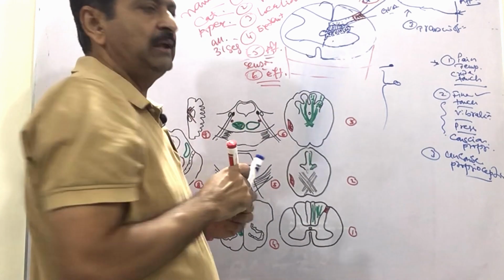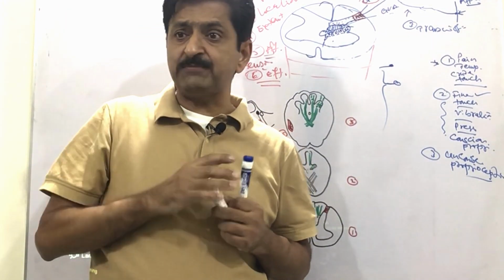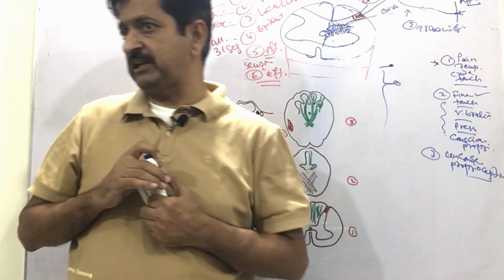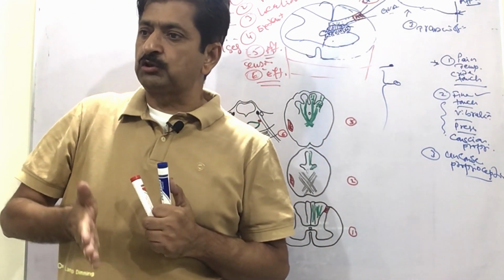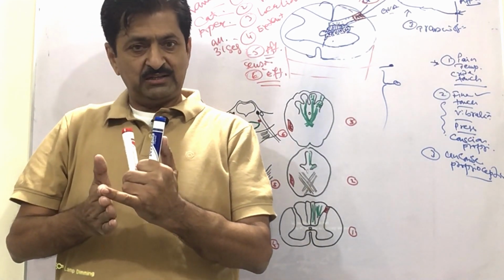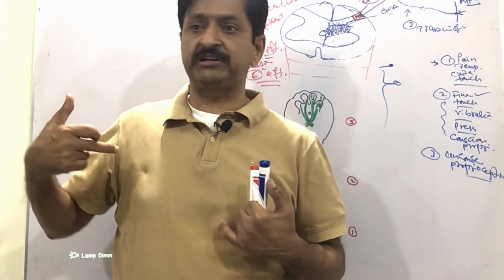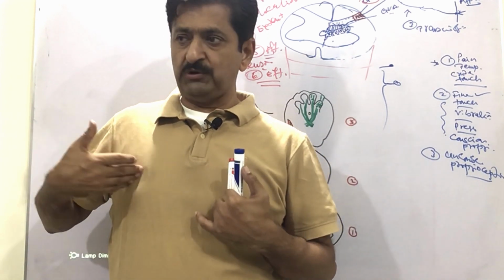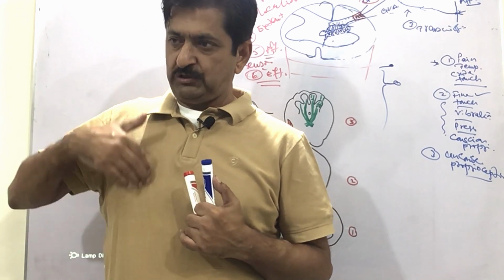And efferents means they will travel through the spinal cord, because they have to carry themselves at least up to the thalamus. It's not enough obviously, but at least up to the thalamus. So they will be going through that, means they will travel through the spinal cord. From which level? It depends from which level they have entered. For example, if they have entered at L2, then from L2 onward. And if they are coming from T9, then from T9 onward they are going here.